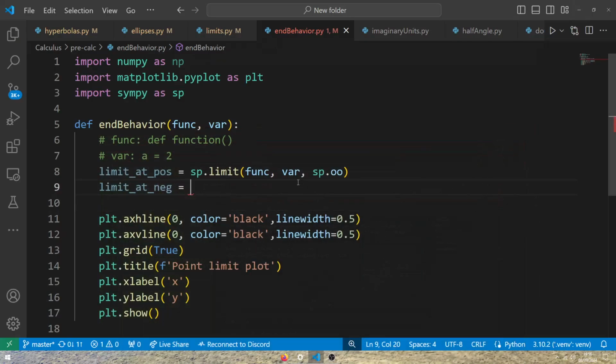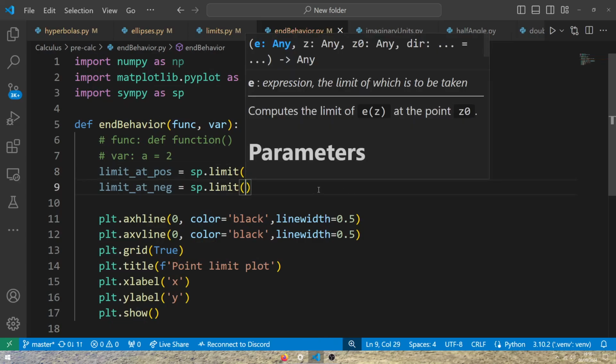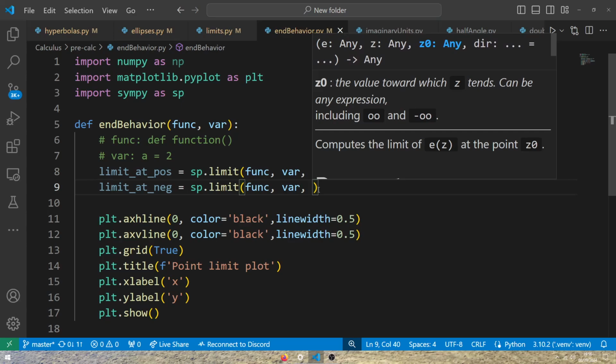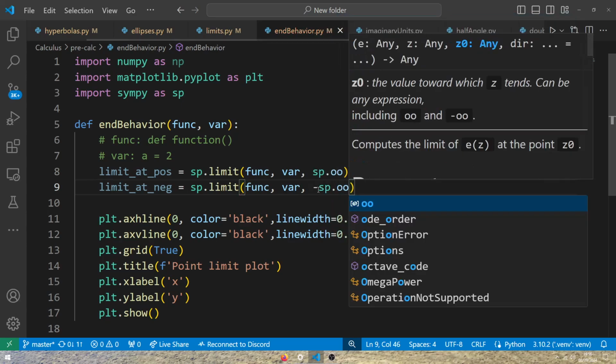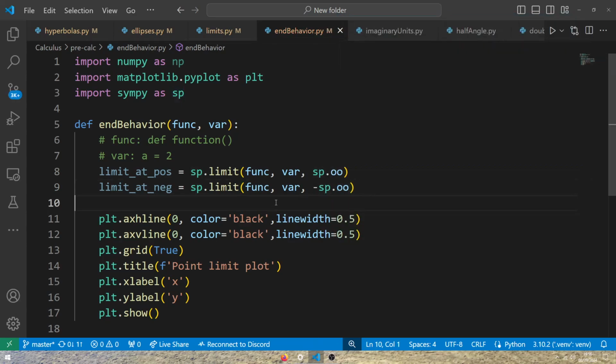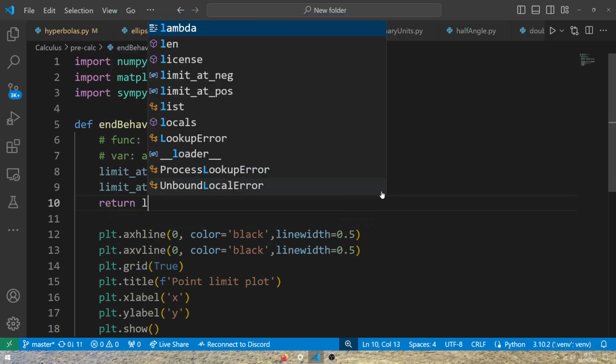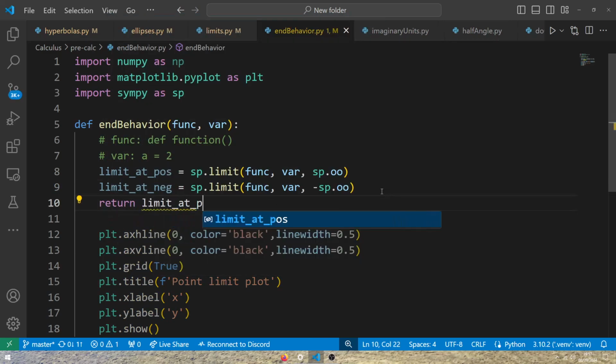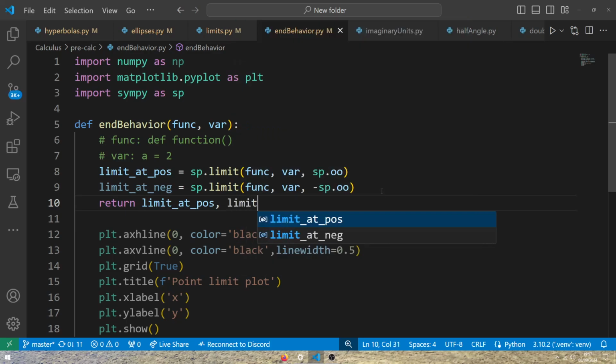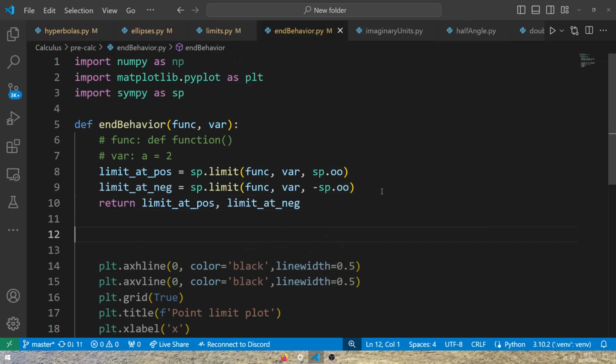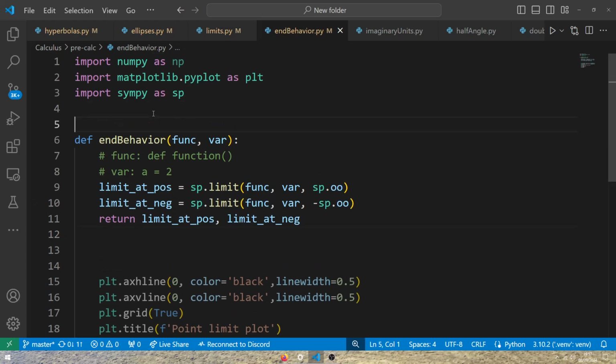So I'm setting the limit to infinity, and I'm going to set the negative limit to minus infinity. Then I'm going to return the limit at positive and the limit at negative, so this is computing the end behavior